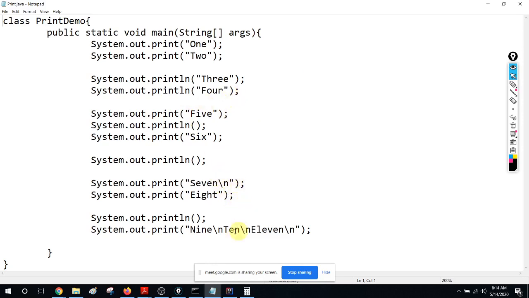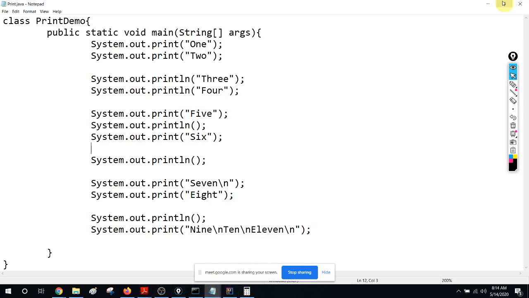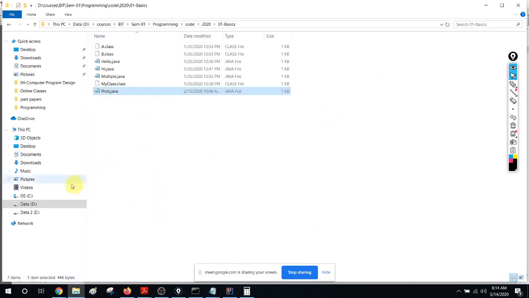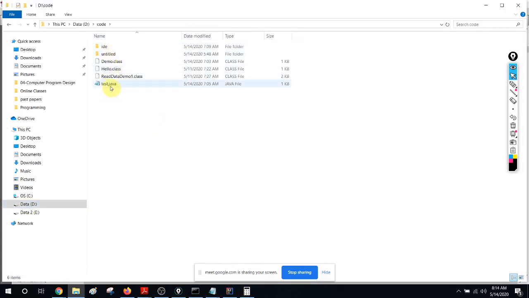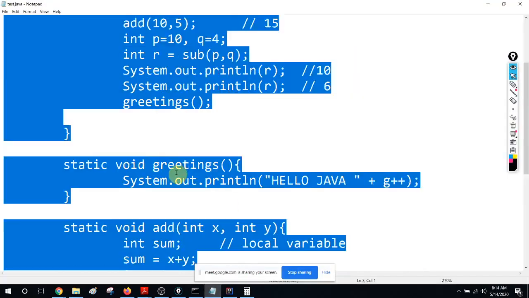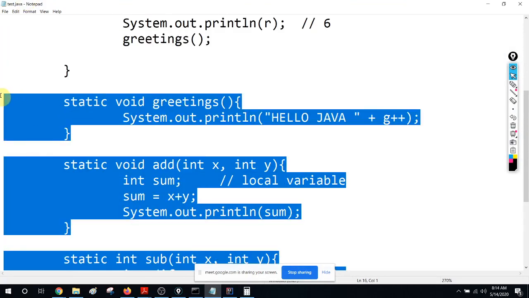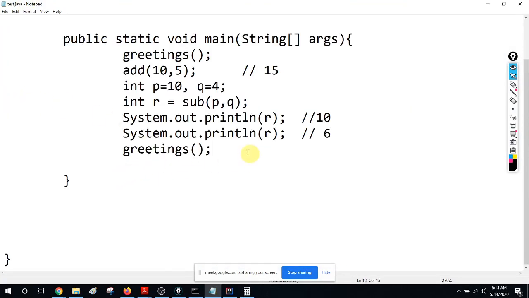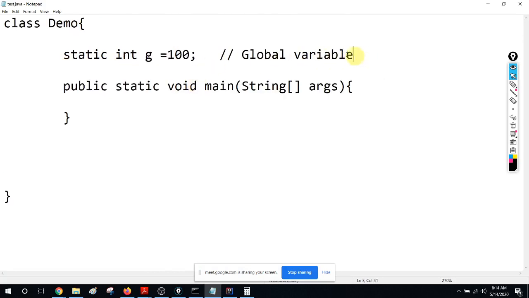So it has the \n. You can see \n. I think I demonstrated the \b, etc. Anyway, I will demonstrate it again. I will take a small example again. I will go back to the D code. I have the test Java. Just to explain it, because those questions are repeated every year. So when we get this kind of question in another paper, I am not going to explain it, right? So I don't need these things.